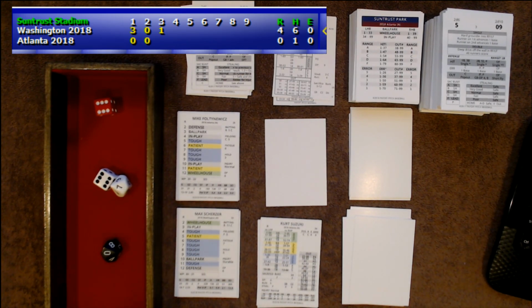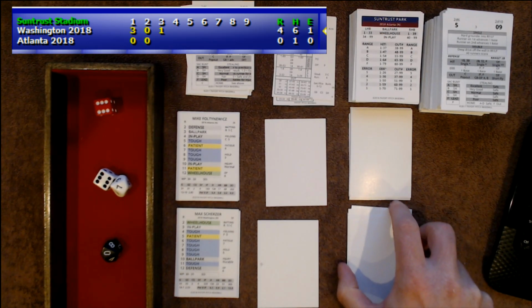So Suzuki reached on an error, right? And Flaherty is going to go to 3rd base. There we go. Error was on the first baseman. Oops, first base. No. No. There you go. All right, so runner at the corners now for Mike Fultonevich. Unfortunately, he is the batter up.